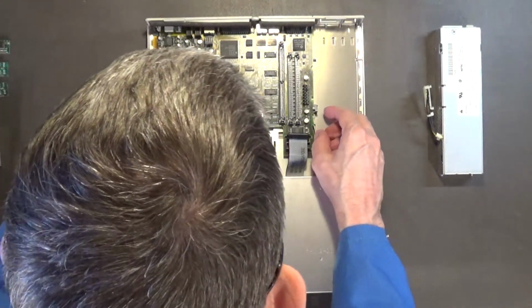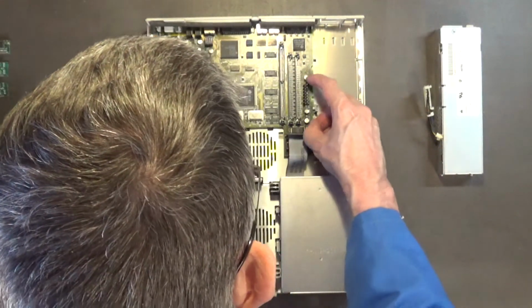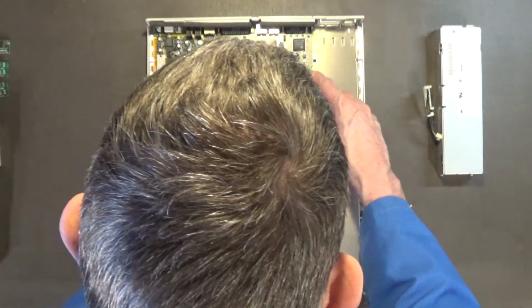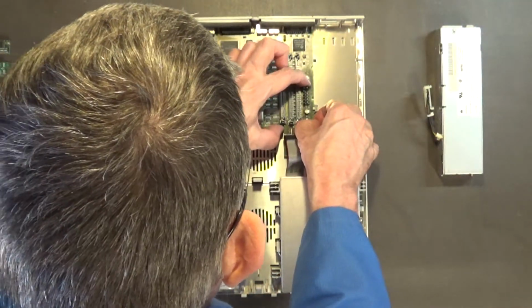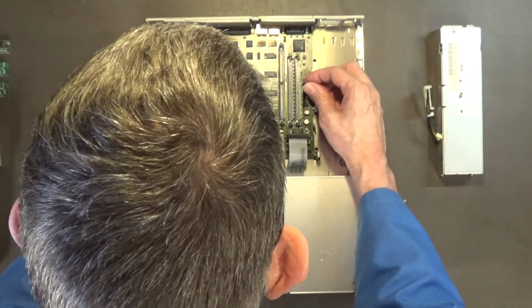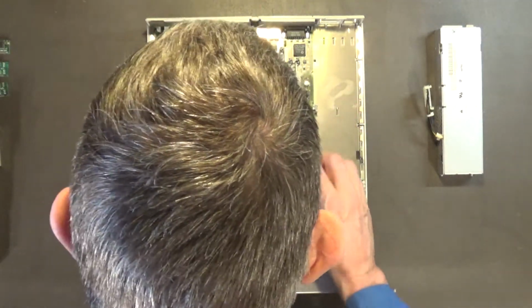Now, to remove the motherboard, these tabs have to go out of the way. I don't want to break them. I don't know why Apple did it like this. I mean, oh my God. Okay, so that's down there. Yeah, it might be a good idea to...